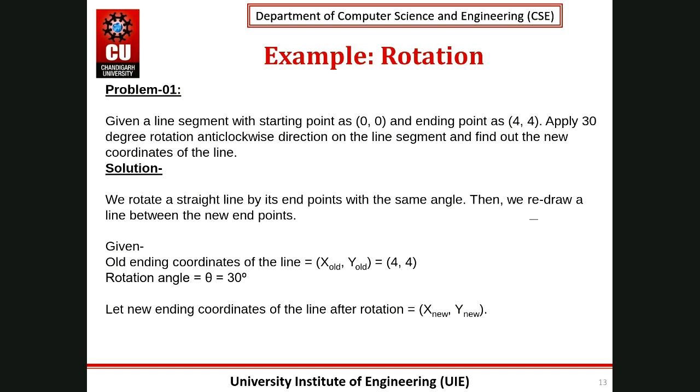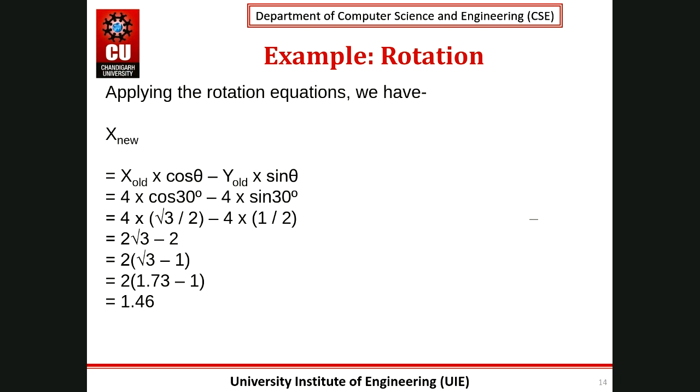Okay, so let me show how to calculate the x new and the y new values. For the anti-clockwise rotation, the equation is x cos theta minus y sin theta. Now just put in the values of x and y. I have not taken 0 comma 0 because whatever the values are, when they are multiplied by anything, it will be again 0 comma 0. So I am just calculating the rotated point for 4 comma 4. Multiplying 0 comma 0 by anything will give 0 only.